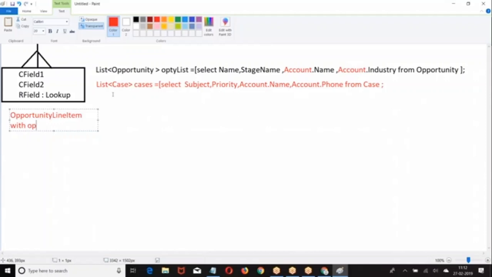Opportunity item with opportunity. In the last class, we already did fetching opportunity with opportunity line item. I asked you to do vice versa.